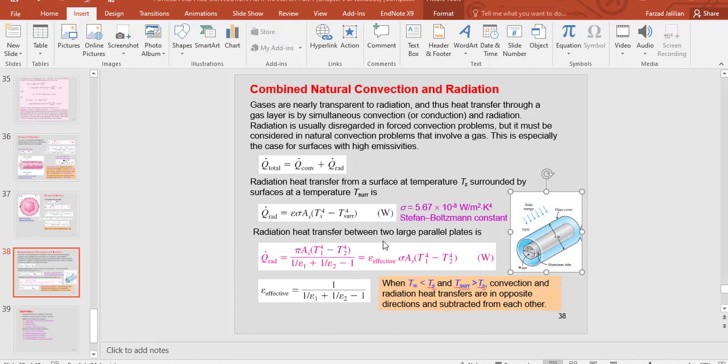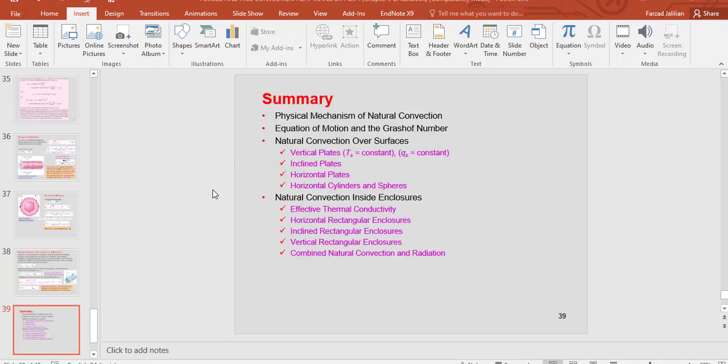About the radiation heat transfer, we will have an in-depth discussion in the next sessions. I have already prepared the videos for radiation, and I will upload them and update you about them. So today we have finished our discussion about